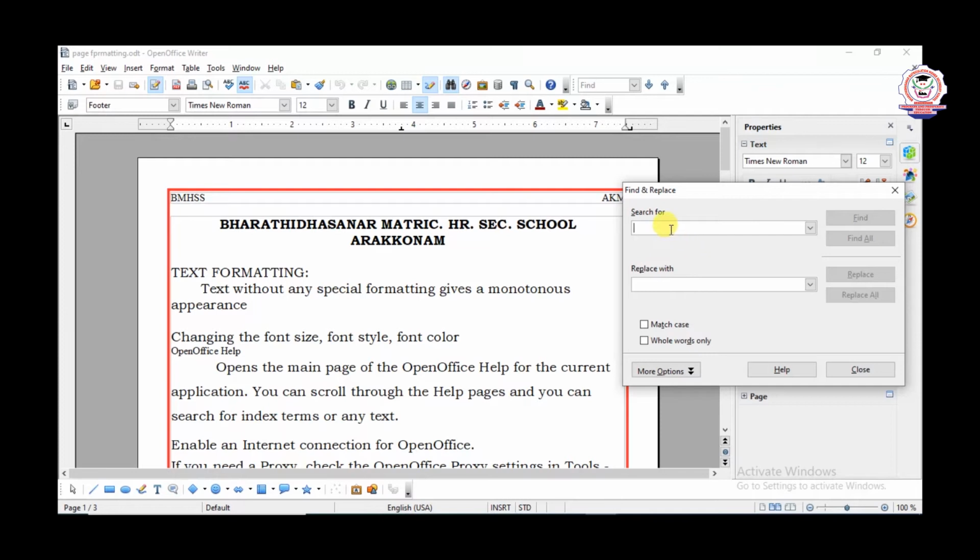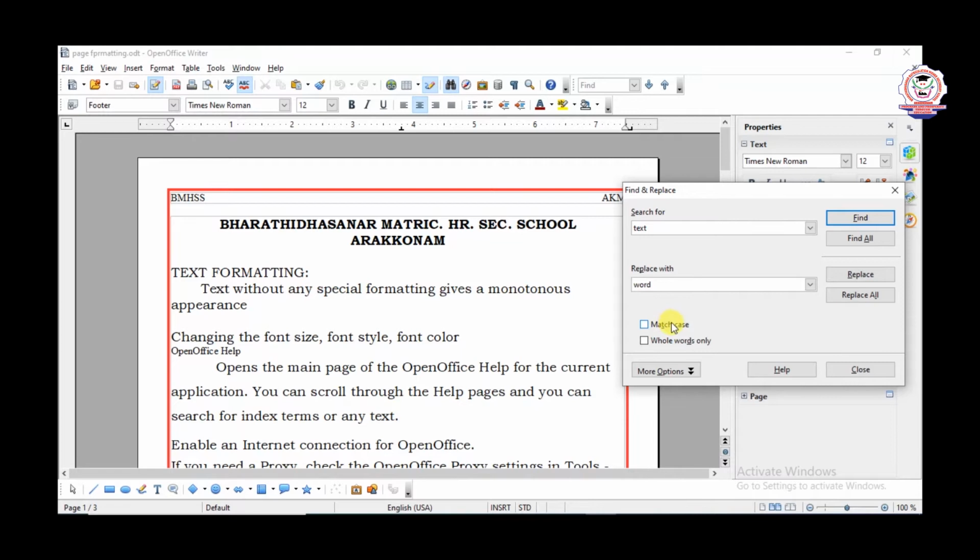In the search for box, you can type which word you want to search in a document, for example text, T-E-X-T, or you can use small letters. And in replace with, type word, W-O-R-D. In the search for box you type the word you want to find in a document, and in the replace with box you type which word you want to replace it with.